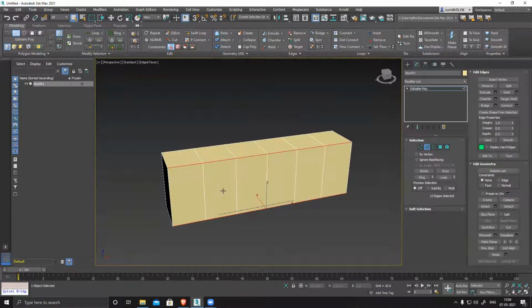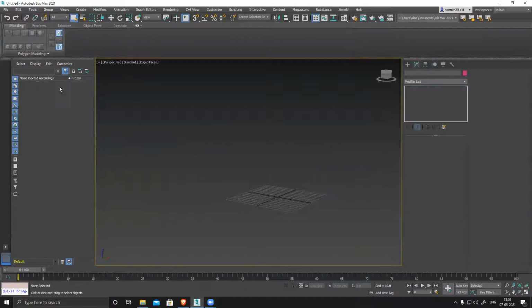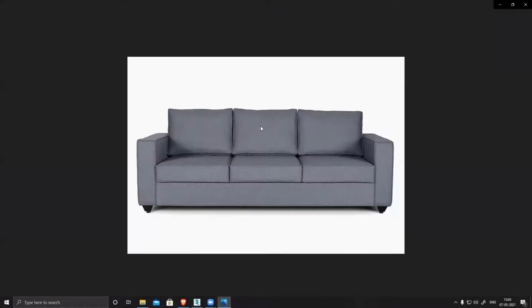Okay, sir. So today I have chosen a simple sofa for now because sofas can be really complex. This one is pretty simple. Most of the things you can see are like boxes, a little puffed and slightly deformed.